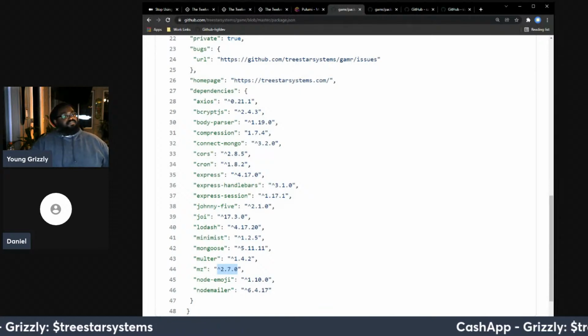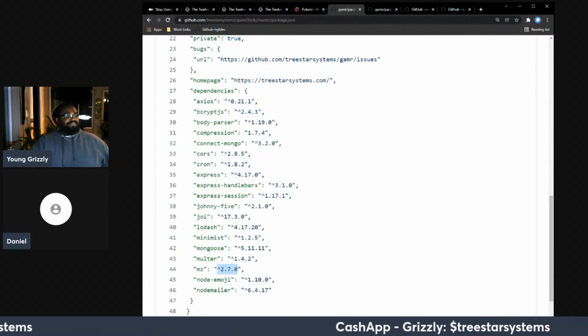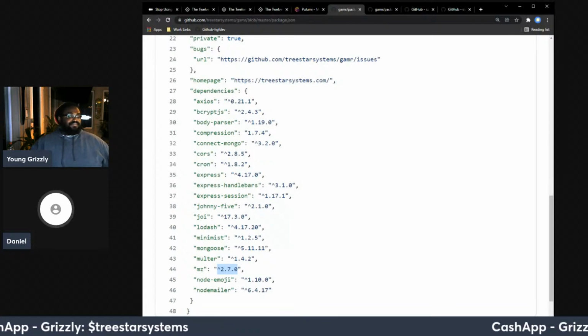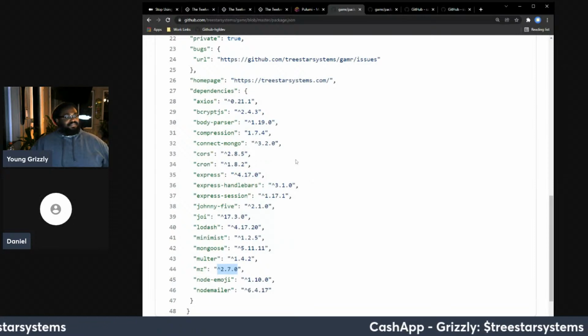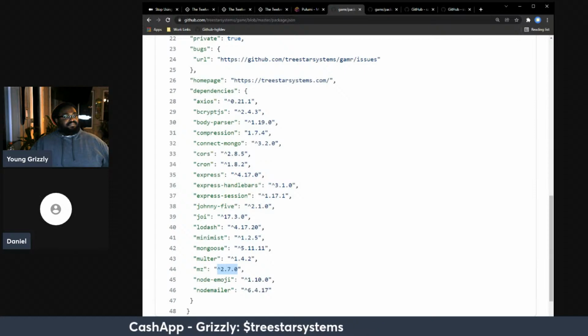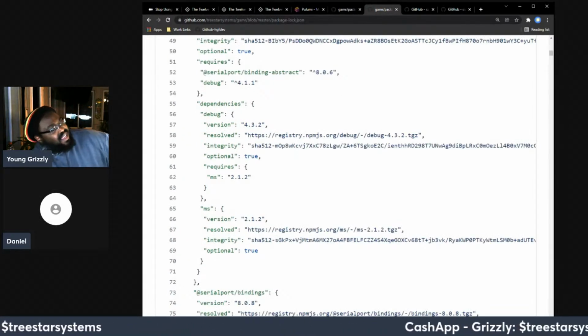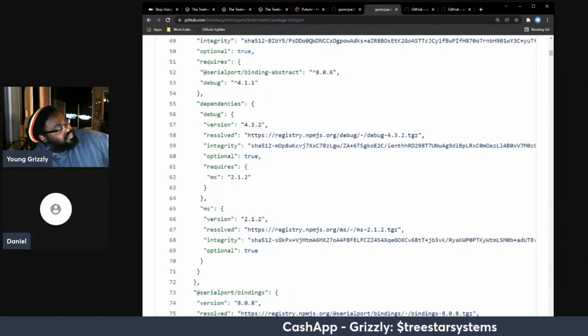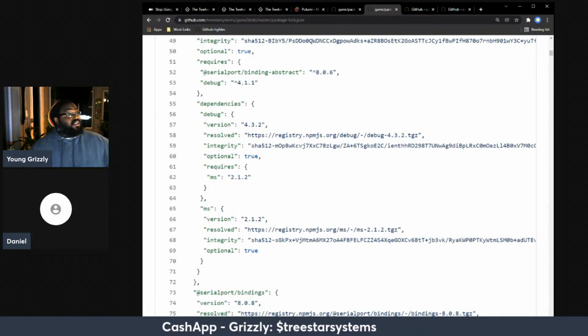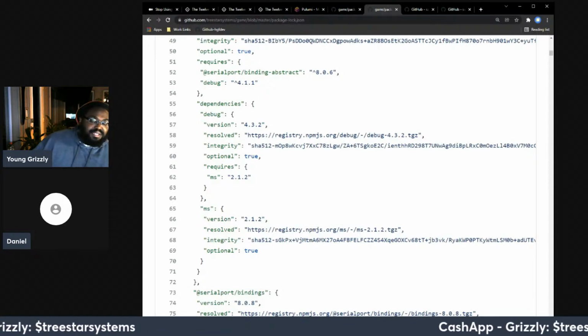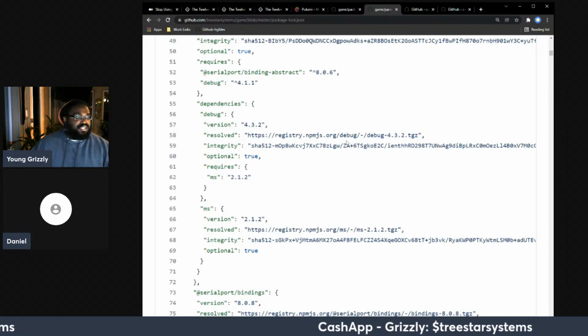Man, it's been a while since I've actually had to edit one of these files. I usually leave that to the developers, because I usually check it for security holes, using Docker or whatever, or even in the package management system. I don't know if npm has this, but Composer has it. Well, no, npm does have it. You can check for security holes in some of the packages. I just forgot what the command was for that. Now it'll tell you on the command line. And of course, GitHub, if you have an old Lodash version or something like that, will annoy the hell out of you and send you a bunch of emails.